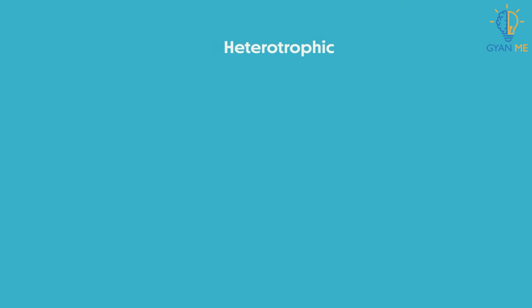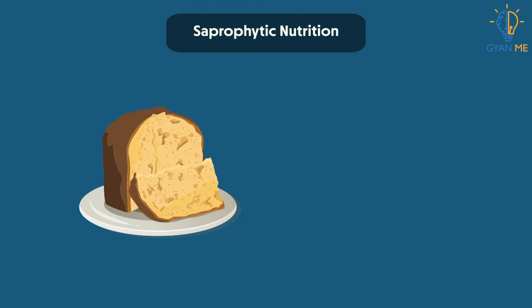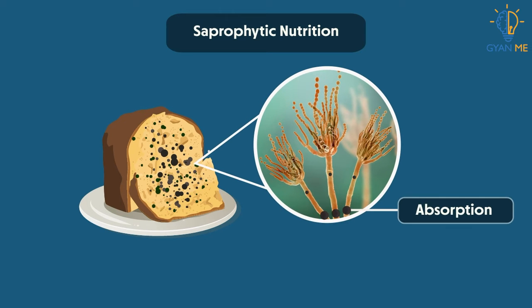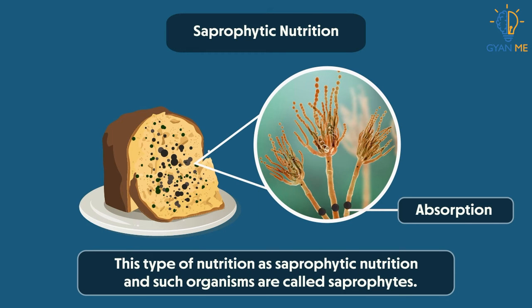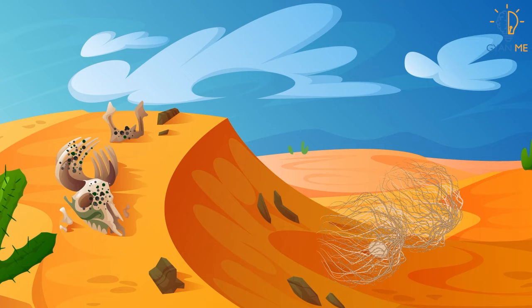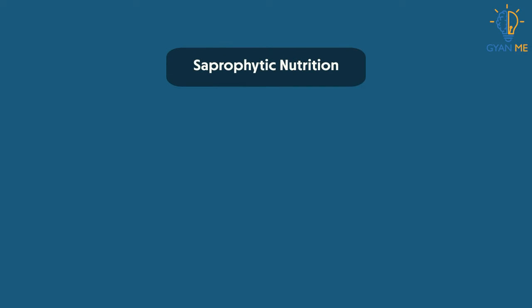Now, let's learn different modes of heterotrophic nutrition. There are three modes of heterotrophic nutrition: saprophytic nutrition, holozoic nutrition, and parasitic nutrition. First, let's see what saprophytic nutrition is. Students, some organisms break down the food material outside their body and then absorb it. We call this type of nutrition saprophytic nutrition, and such organisms are called saprophytes. Saprophytes derive their nutrition from dead and decaying plants and animals. Examples of saprophytes are fungi like bread molds,